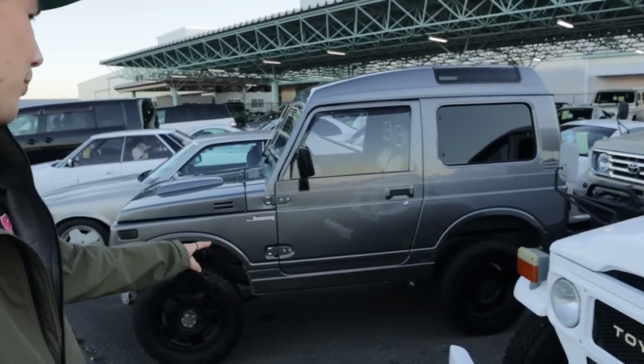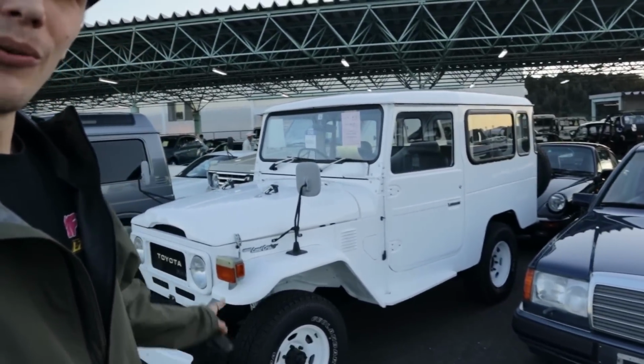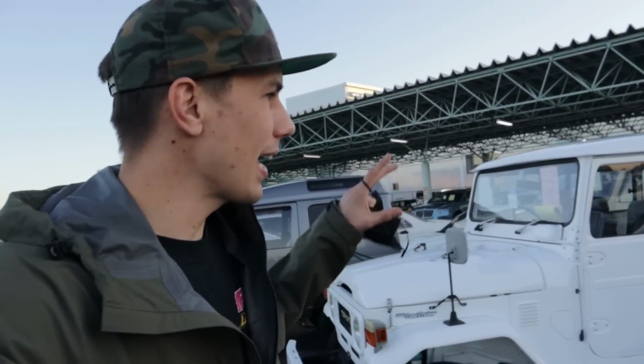Dude, this Jimny looks awesome. This old troop carrier. We used to have one. We used to have a massive long one that we used to go four-wheel driving in, and Dad loved it. We used to just all jump in the back. You could fit 12 people in the back of that thing with the seats we had. But yo,